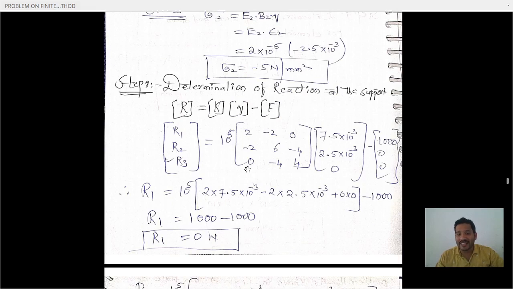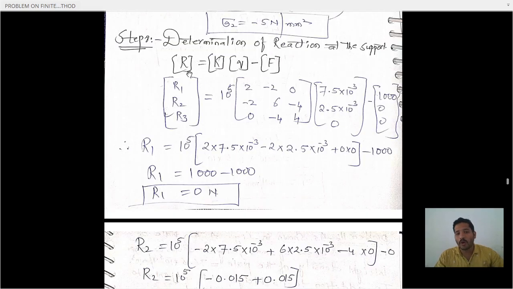So after getting the values of sigma 1, E1, sigma 2, E2, again what do we need to find out? We need to find out the normal reaction at the support. Then how to find it out? The same concept we need to follow here. R is equal to K into Q minus F. How many nodes do we have? 3 nodes. For that reason the normal reaction is acting at point 1, the normal reaction is acting at point 2, the normal reaction is acting at point 3, equal to, and K is